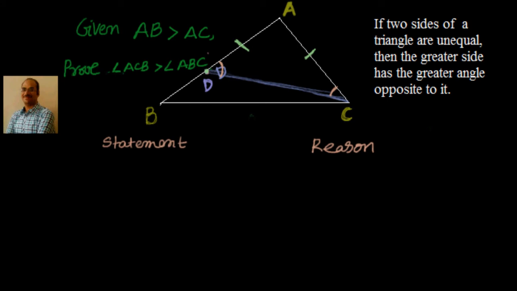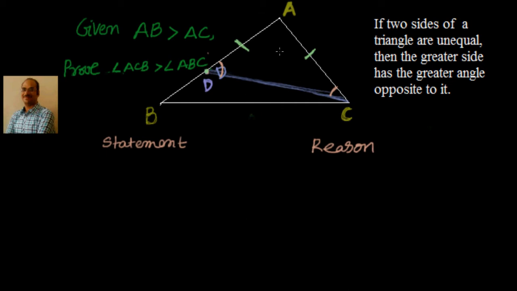So let me go ahead and write this down. The first thing I will write, which you have to note down, is the construction we have done. We have created an isosceles triangle here because we know about the properties of isosceles triangles. I know the AB length is greater than AC, so I have taken the AC length and marked it on AB, and I got the point D. I joined CD. Now triangle ACD is an isosceles triangle.